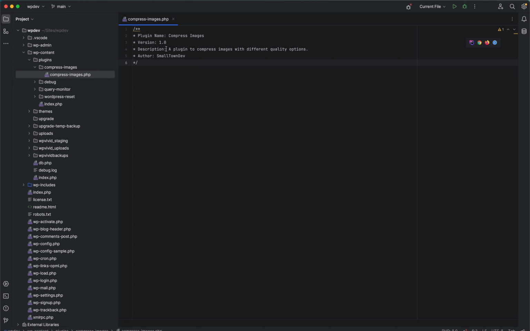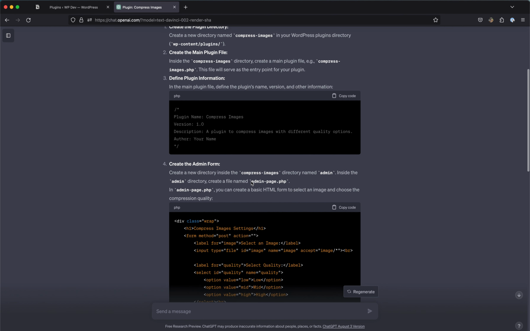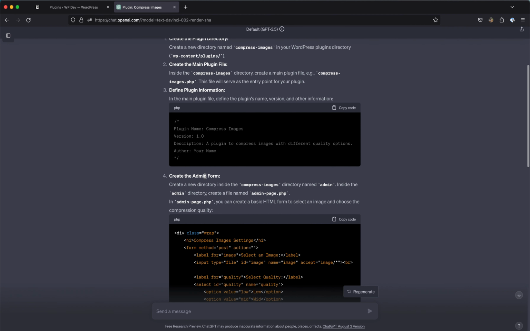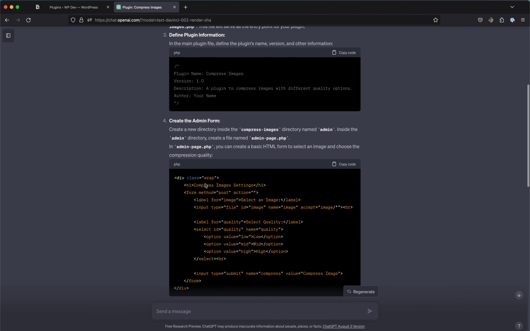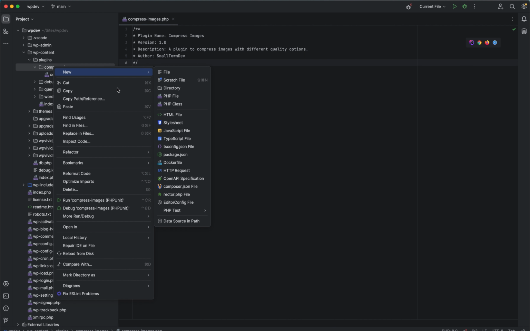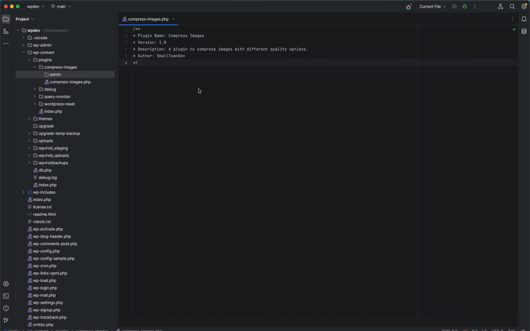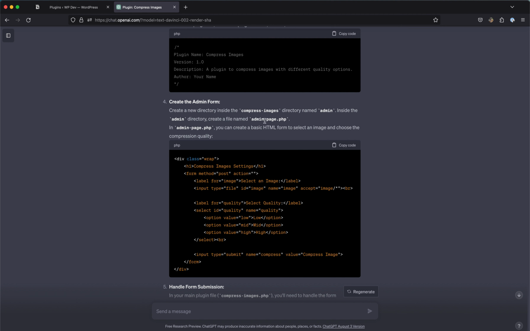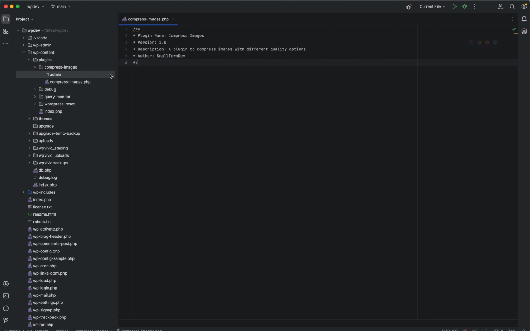All right, so without wasting time on that, let's move to our fourth step, which is to create the admin form, because that will be needed to select our images for our compress images plugin. So create a new directory inside compress images named admin. All right, it is asking us to create an admin directory in the plugin, right? Let's just create that admin, and then create a file named adminpage.php inside this folder. So let's create that